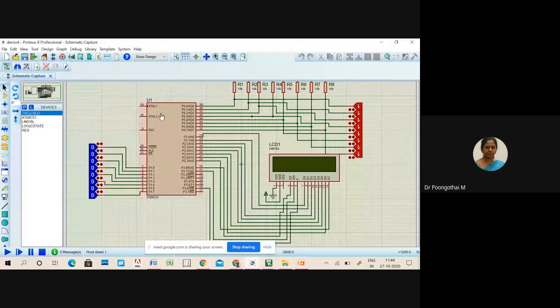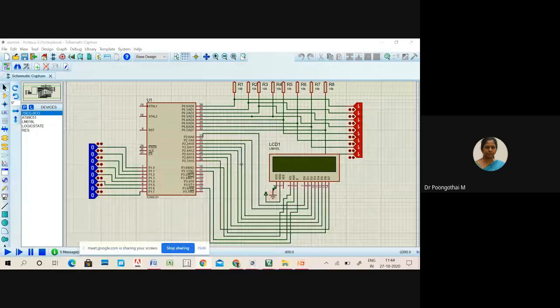So this is the Proteus schematic diagram of the LCD. Here I have connected 8 logic states to port P1 and 8 logic states to P0. I'm going to add the contents of P0 and P1. Look at the connections of the LCD. This is your ground line and VCC. This pin is ignored. RS is connected to P3.0, RW is connected to 3.1 and enable is connected to 3.6, and the 8 data pins are connected to your port 2.